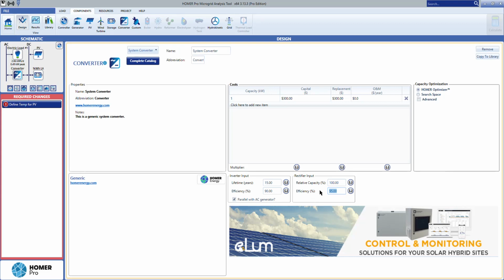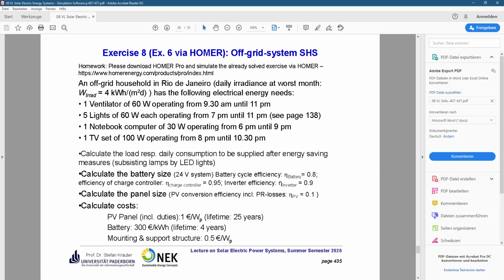And about the rectifier, I also put it 90%, but we don't use that much. And I guess that was it. Yes, let me see. You can also take a look at the question here. Okay, so yeah, that's it. Let's now